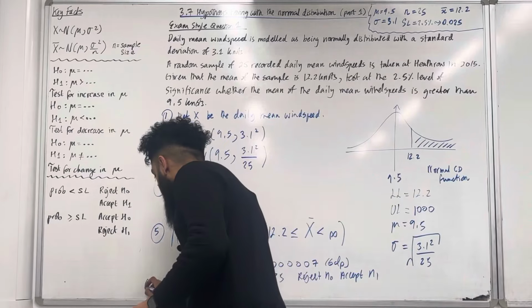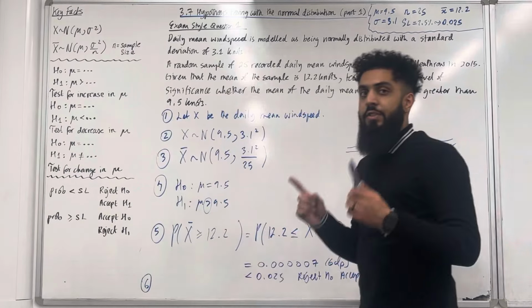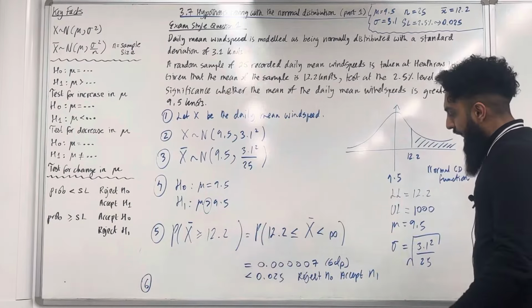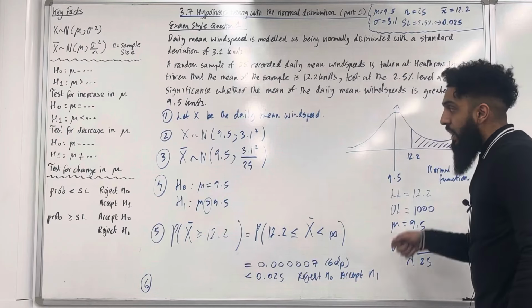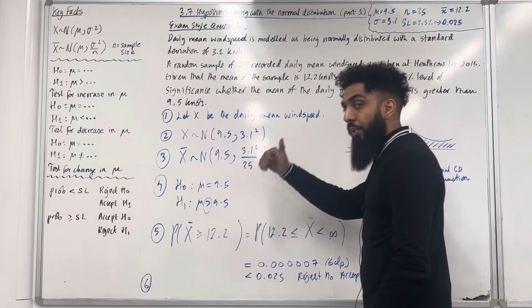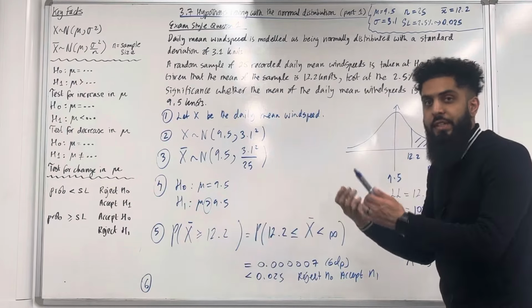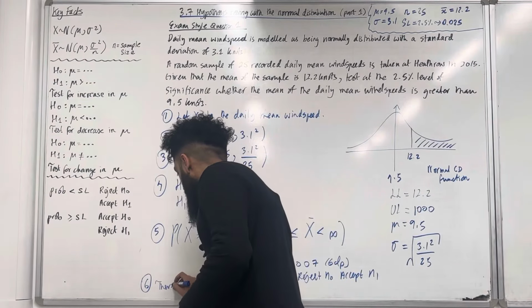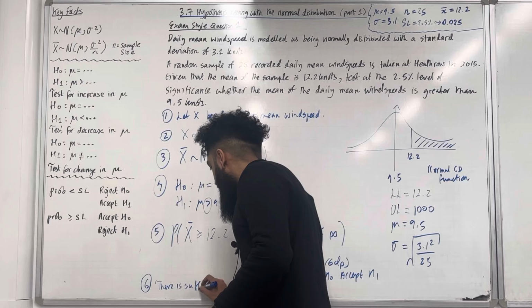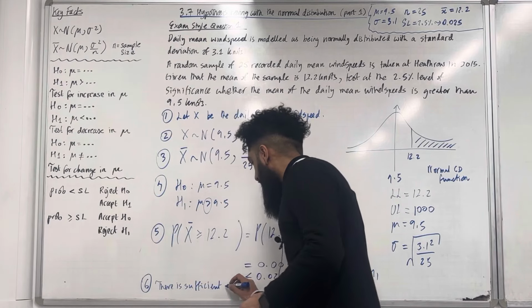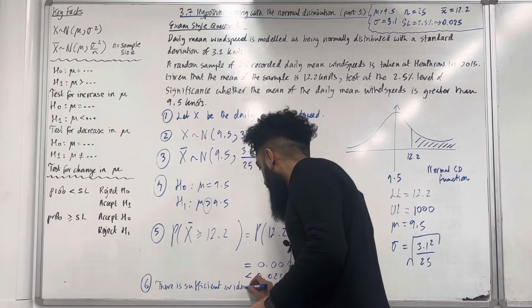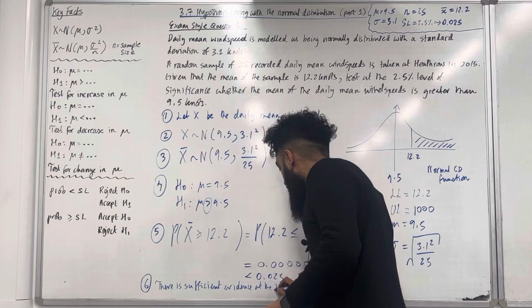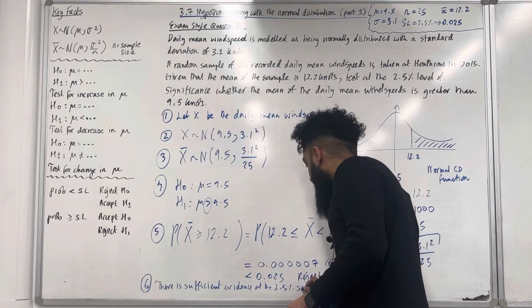So in step number 6, we write a conclusion and it has to be in context. Now, if we're accepting H1, we are accepting that the mean has increased. So there is sufficient evidence at the 2.5% significance level